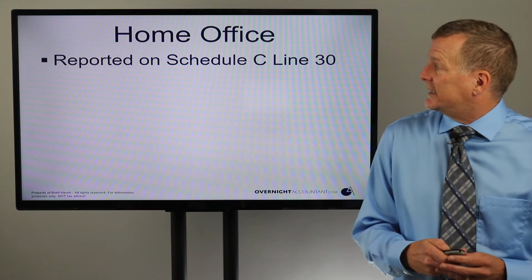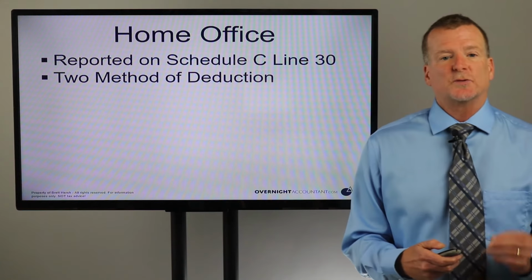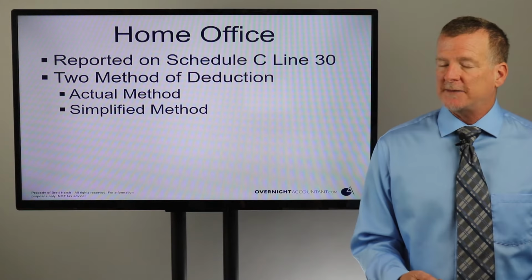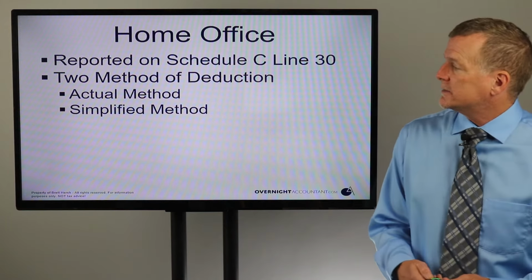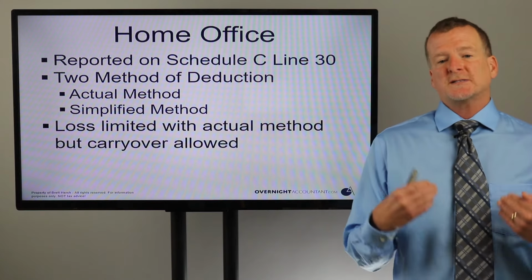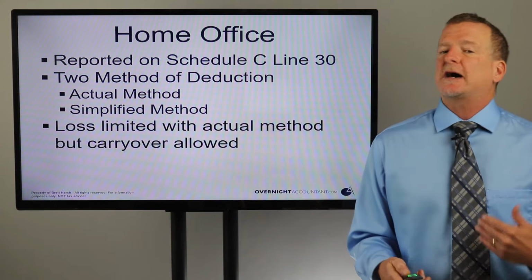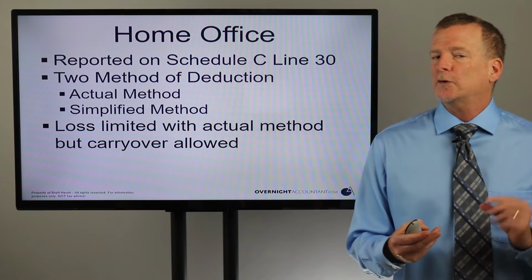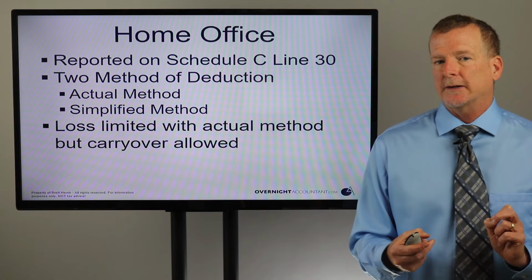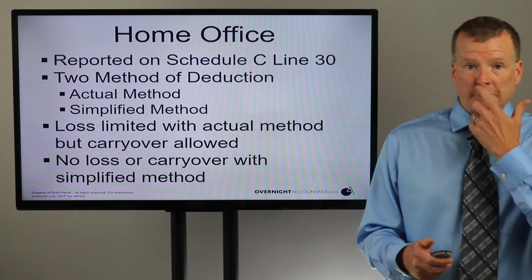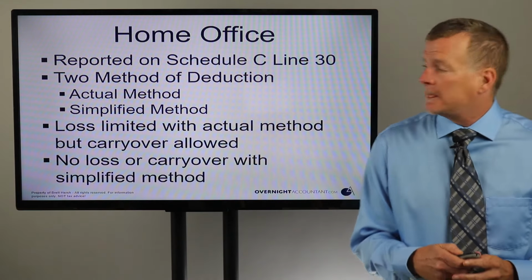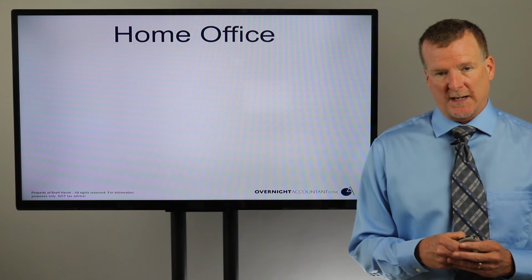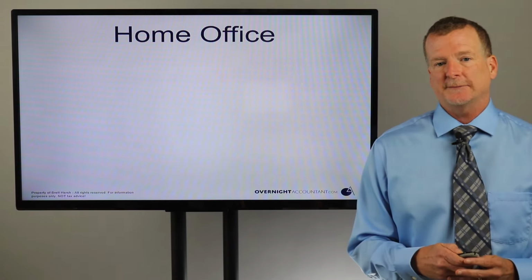The home office deduction, when you take it, is recorded on line 30 of Schedule C. There are two methods to using the deduction, as we discussed earlier: the actual cost method, which you would use the 8829 for, or the simplified method. Now, the losses are limited with the actual cost method, but you're allowed a carryover. If you have a loss from your business, the home office deduction can create a little bit of a loss, but all the items aren't deductible in the current year. They're actually carried over to the following year. However, if you use a simplified method, there's no carryover. It's simple, but you don't get the carryover loss, so it can't really create a loss. We'll discuss that a little bit more when we get into the simplified method.